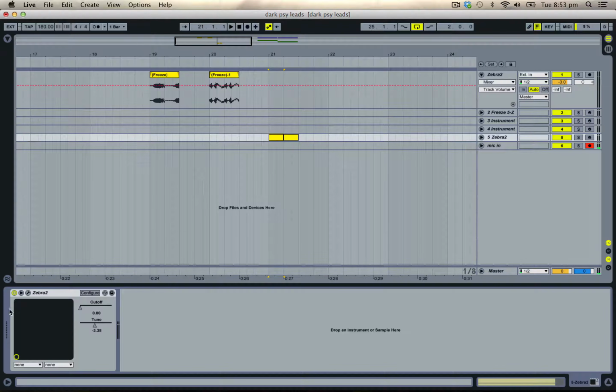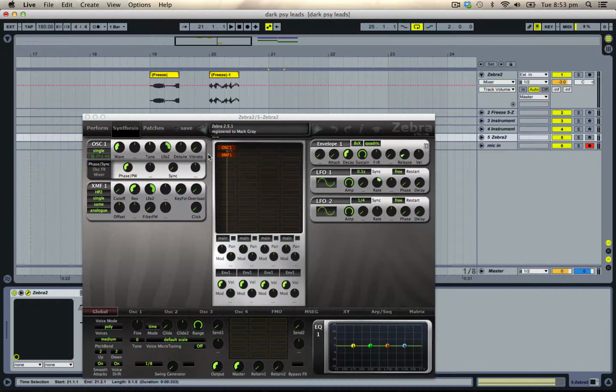I'll open up the Zebra patch and just give you a look at how I created the second sound. Here we have the oscillator 1, which then runs into the first filter. The first filter is a high pass filter with the res pushed up, and then the cutoff is assigned to an LFO at 1/4. In the oscillator, that's just a generic wave with the pitch/tune assigned to the same LFO that the cutoff is assigned to. So that's how I created the second sound, and the first sound